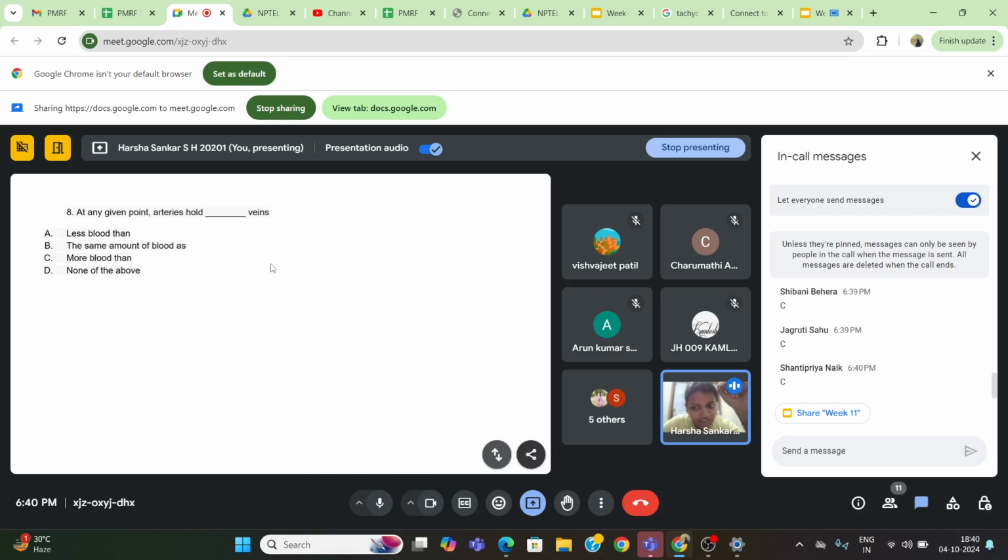So here the question is, arteries hold lesser blood volume compared to veins. Always, the blood volume capacity will be more in veins, due to their nature. Because the artery is already taking a lot of space for being thicker. So if we are checking volume-wise, it's lesser in artery. Since veins are thinner, veins can carry a lot more blood than arteries, so the arteries can carry lesser blood than veins. Okay,